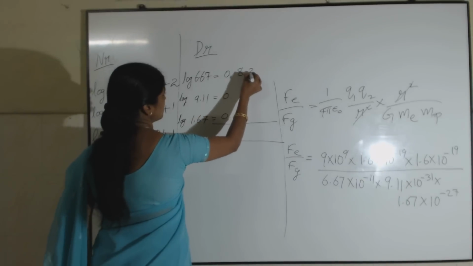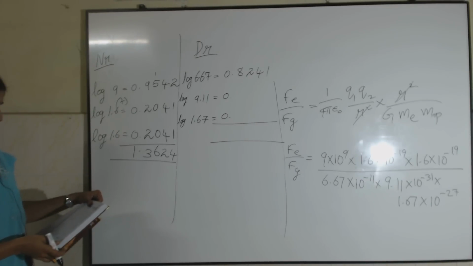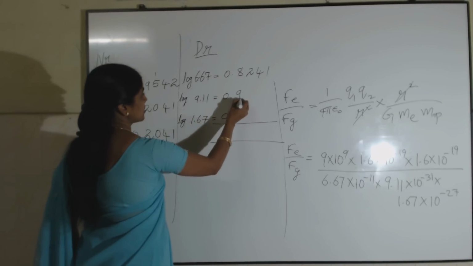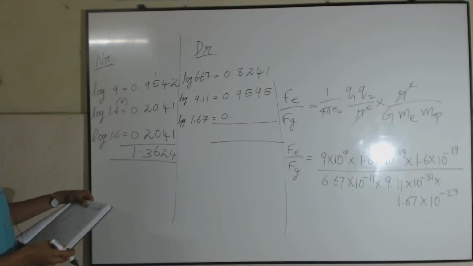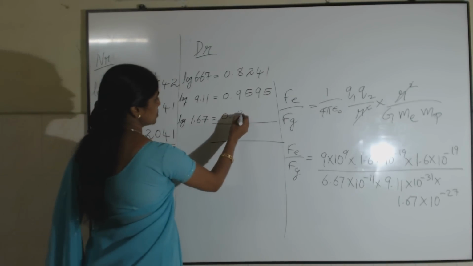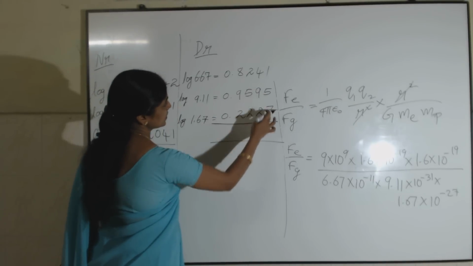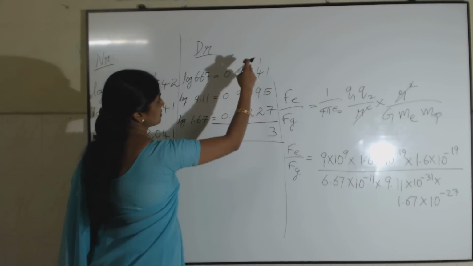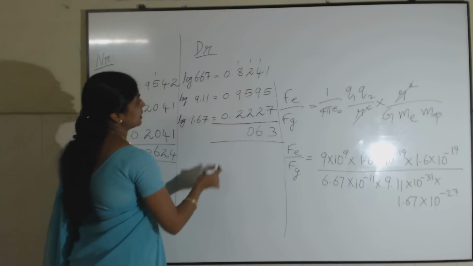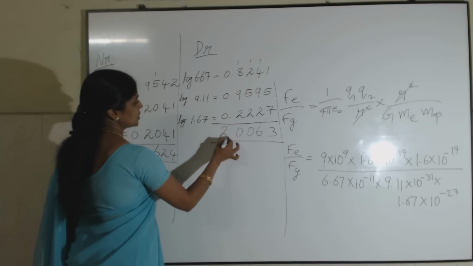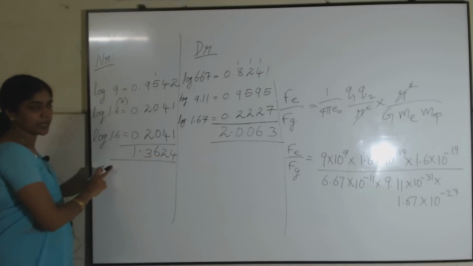8241. And for 91, 1 you will be getting 9595. And for 16, 7 you will be getting 2227. Add all these 3. 13, 1 balance, 10, 16, 1, 5, 7, 8, 10, 1 balance, 20, or it is 2 point. So, we have found the log for both the numerator and denominator.